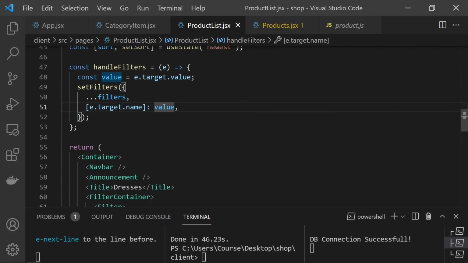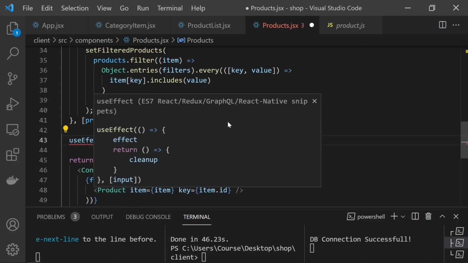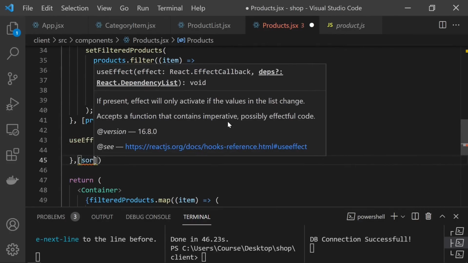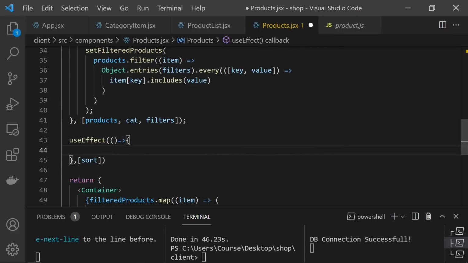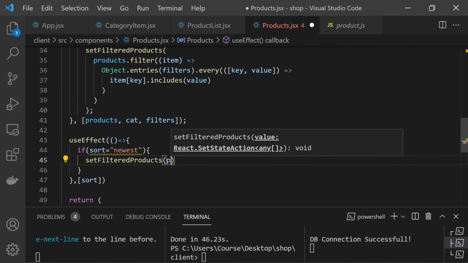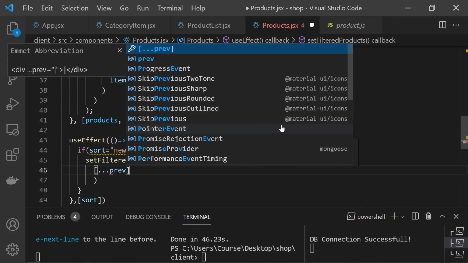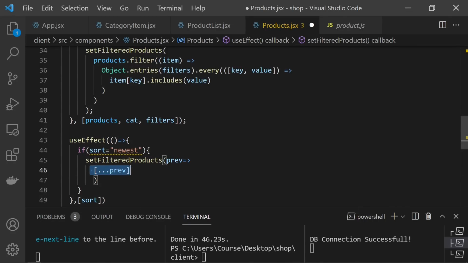Let's do that. I'm gonna create new useEffect, and my dependency will be sort value. It's gonna be a condition. I will say if sort is newest, we are gonna set our filtered function again, filtered products. So basically I will choose previous filtered products, and after that I'm gonna sort it. I'm gonna create new array here, previous. So basically it contains all items inside our filtered products. So I will say sort,